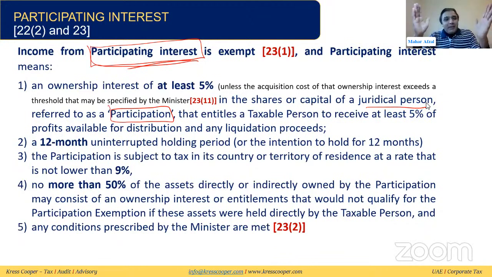So anyway, we're coming back to participation. If all these conditions are being fulfilled, whatever income is received from the foreign juridical person will be exempt from the UAE corporate tax law. Now, the income might be received by an individual, or by a juridical company or taxable person. If an individual receives the income, it doesn't matter, because we all know there's no personal income tax. If this income is received by the local taxable person, then they need to adjust their accounting profit to arrive at the taxable profits.